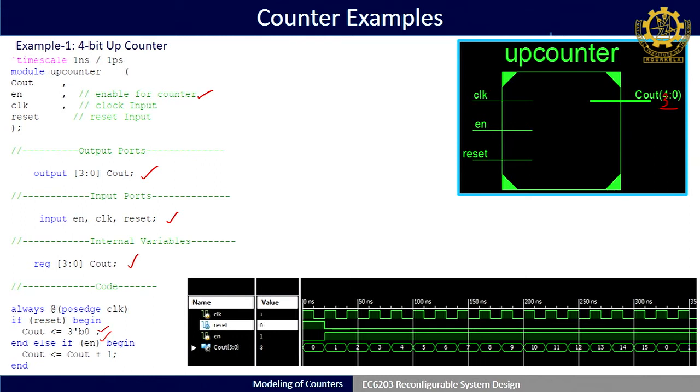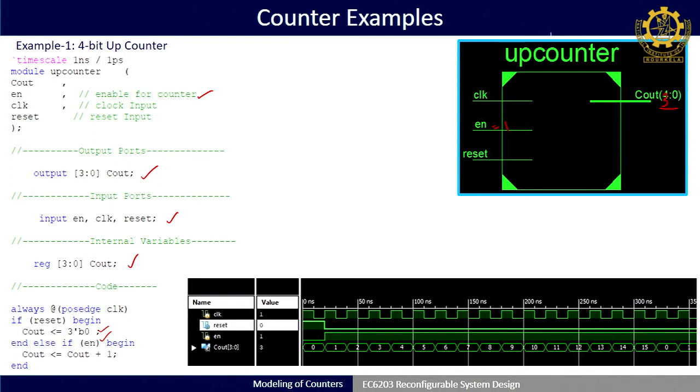So if enable is high, only then will it start counting up. In the simulation result you can see that the clock period is around 10 or 20 nanoseconds.